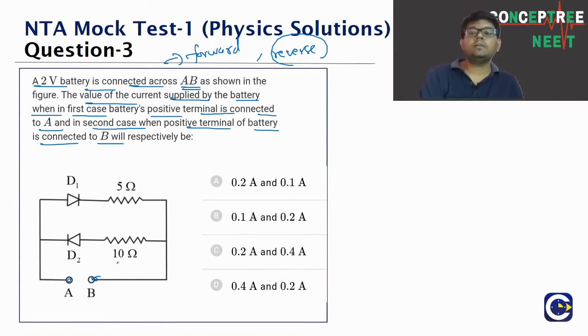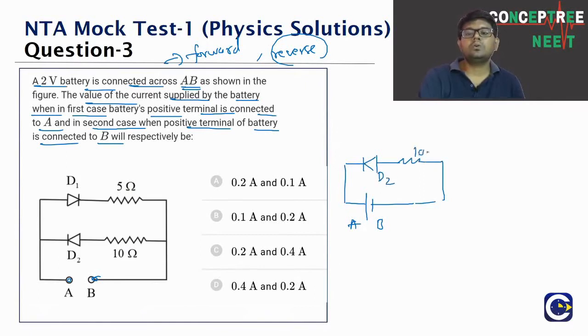First case, I'll just draw the diagrams here, guys. You are connecting the positive terminal to A, which means the negative terminal will be what, guys? B. So if you see, this is the circuit, right? Diode, 2 ohms, 10 ohms and 5 ohms. In this arrangement, the first case, what we have,